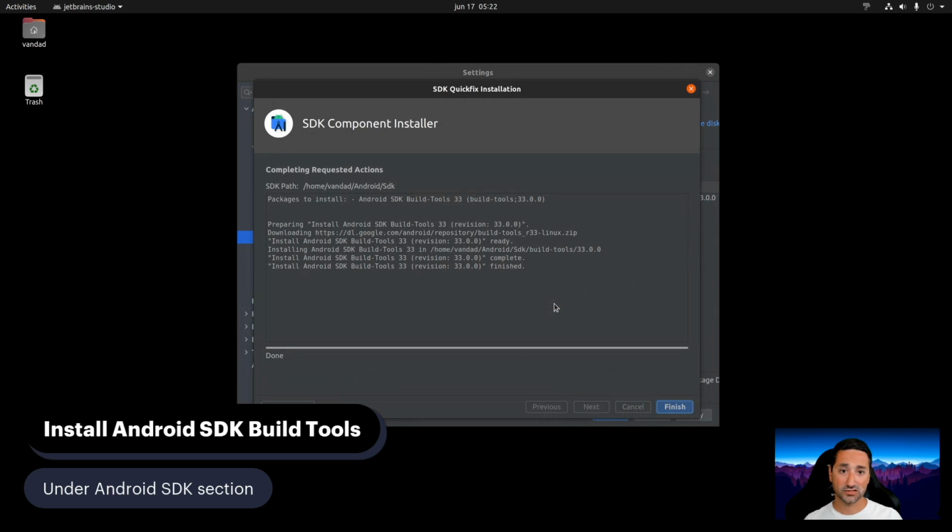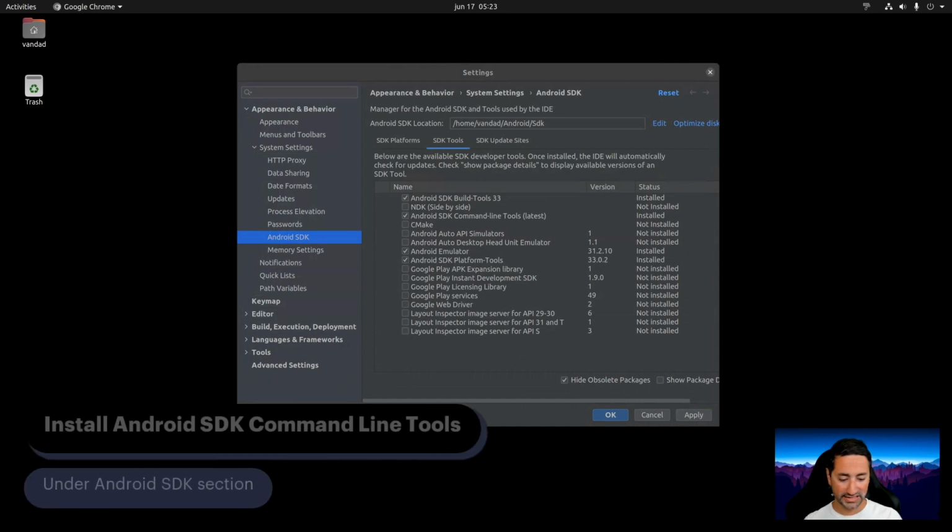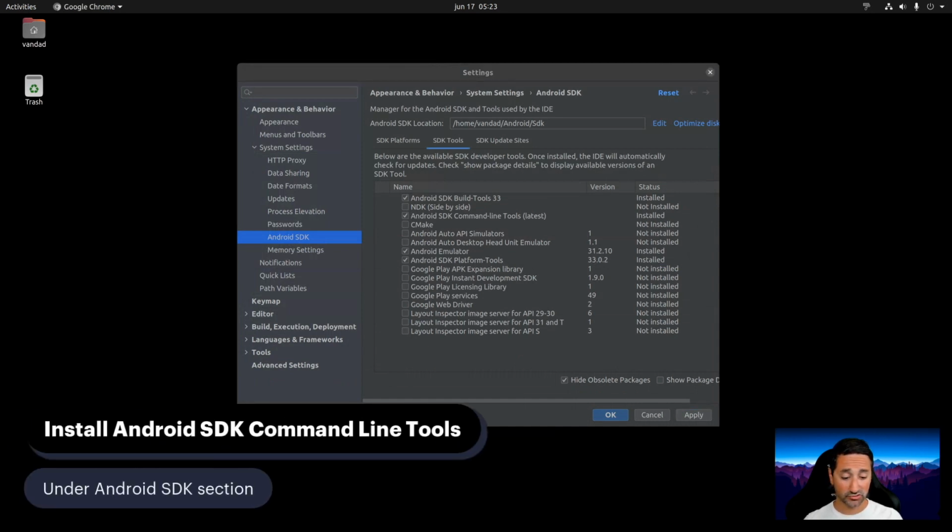So that's going to install the latest version of that particular component for me in here. Okay. After installing the Android SDK build tools, you need to install Android SDK command line tools as well. I can see that it is right here, Android SDK command line tools, as you can see on the screen. So I don't have to install it, but for you, you may have to tick this box and then press the apply button at the bottom of the screen in order to install the Android SDK command line tools